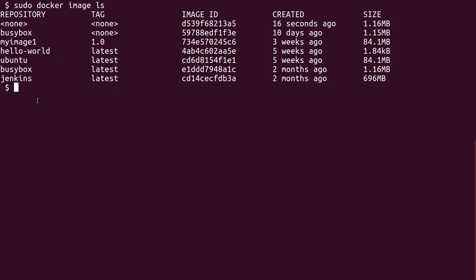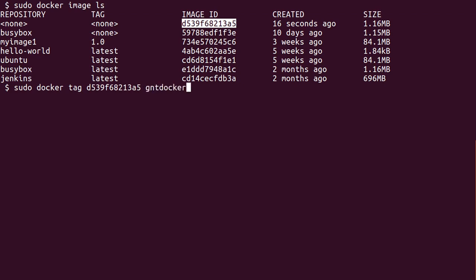We have to use sudo docker tag, and you have to give the source. So I will just copy this, and then what name you want to assign, say gnt docker my image2,